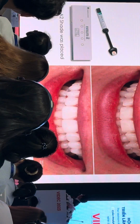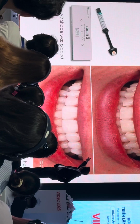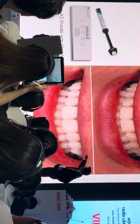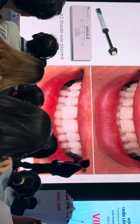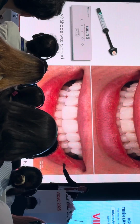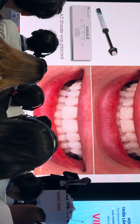This is another case by Dr. Bruno Ferrari in Brazil. This is before and after. Okay, he just used A2 shade and fixed it. Very simple technique, and the patient is happy to pay. Usually the target is more